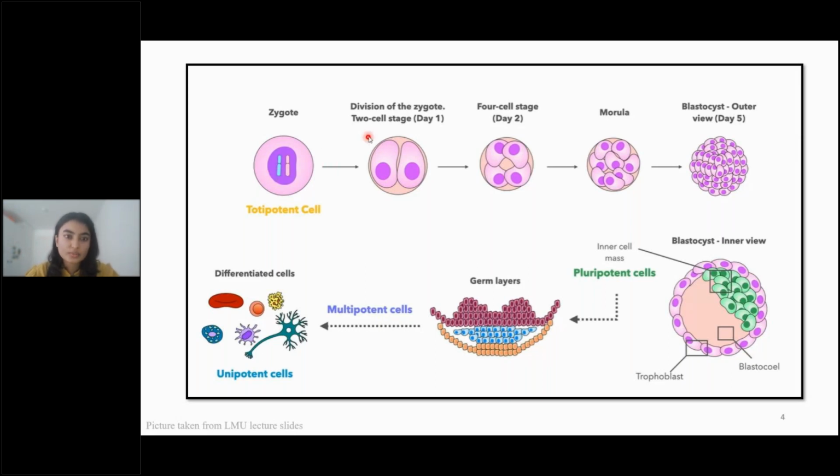Now, after the two-cell stage, which means this one totipotent cell divides and forms two cells, this is on day one. We call it the two-cell stage. On day two, the cells divide to form four cells. After succeeding divisions, we get a morula, where the cells are still big and haven't changed shape yet. On day 5 we get cells which are dividing a lot, and the size has become smaller. We call this stage the blastocyst.